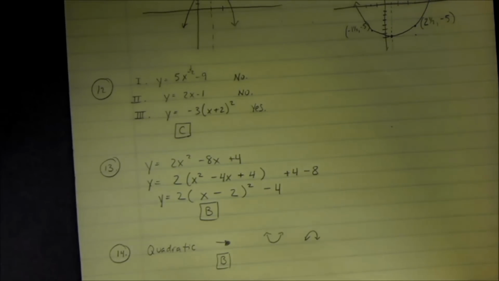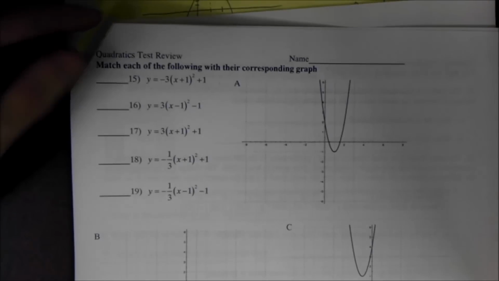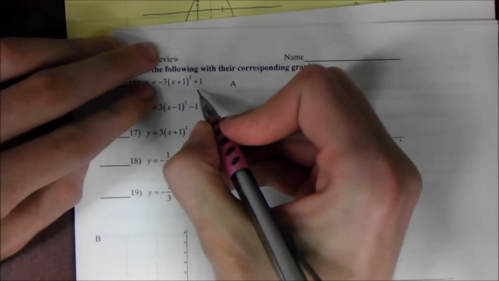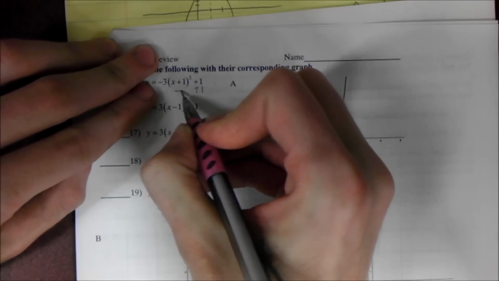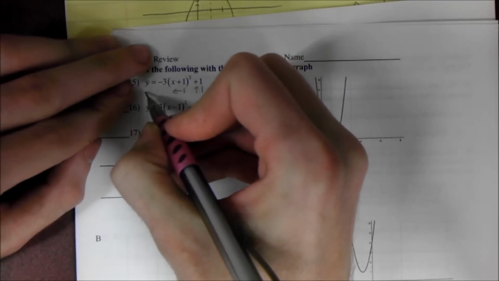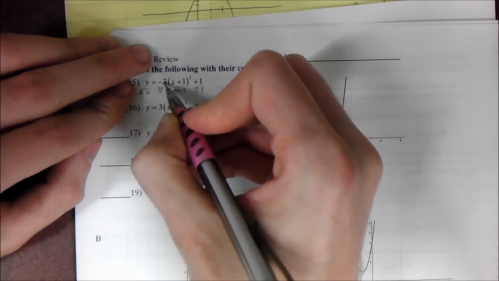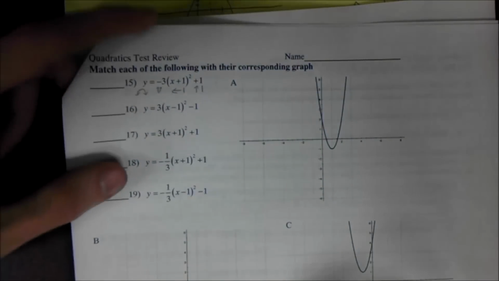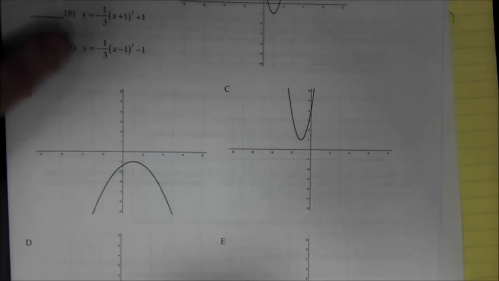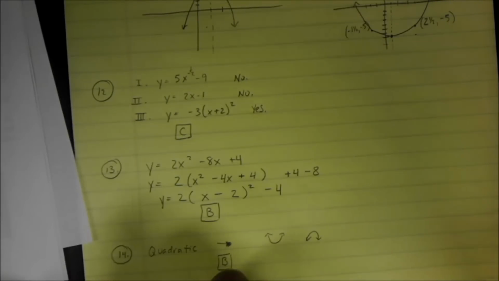Okay. Then we have a matching page here. So we want to match up these equations with our graphs. So on number 1, again, we're looking for something that goes up 1, left 1, that opens down because it's negative in the front, and that is really skinny because of the 3 there being a vertical stretch. So left 1, up 1, opening down, and skinny probably is going to be E. Okay, so 15 is E,